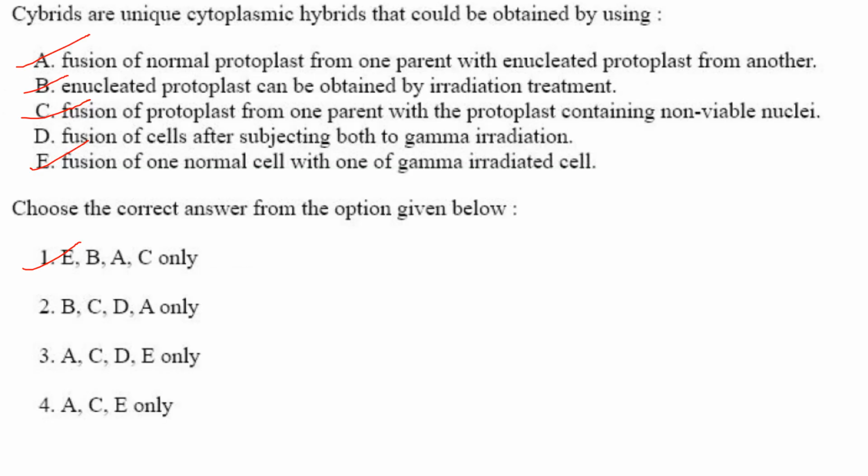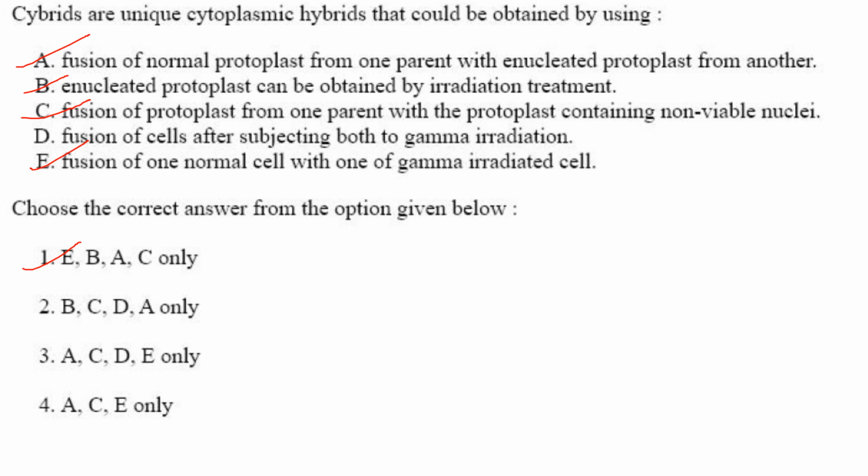Then next one. Hybrids are unique cytoplasmic hybrids that could be obtained using fusion of normal protoplast from one parent with enucleated protoplast from another. That will result in hybrid. A is correct. Enucleated protoplast can be obtained by radiation treatment. That is also correct. Then fusion of protoplast from one parent with protoplast containing non-viable nuclei. Yes, that will also result in hybrid. One of the nuclei should be proper, the other should be non-viable. That is how you have to obtain